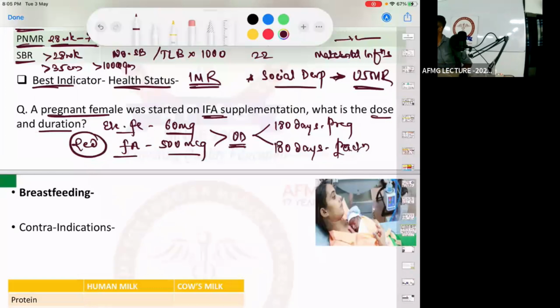4 mg. 10 times the dose. 500 mcg is the normal dose, and 10 times that in high risk pregnancy. No issues with this. Important. Then a child between 6 months to 5 years, according to the ICDS, also receives iron and folic